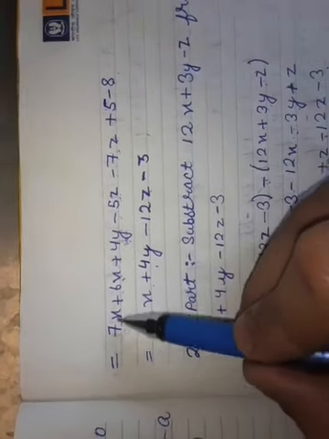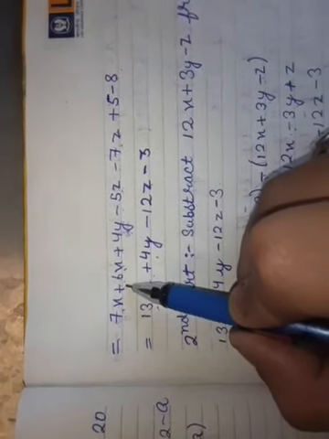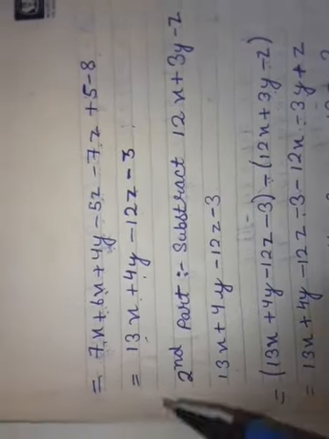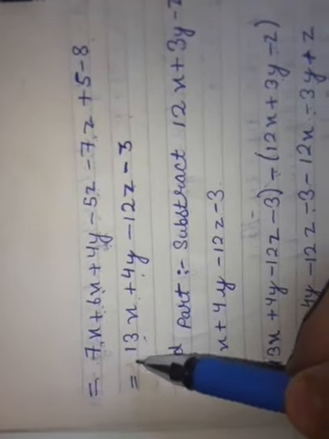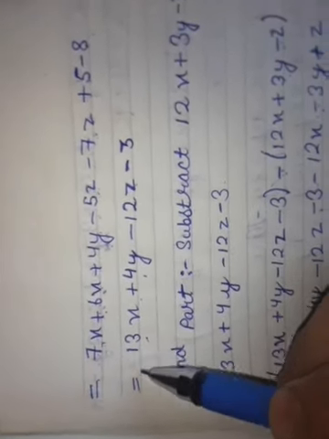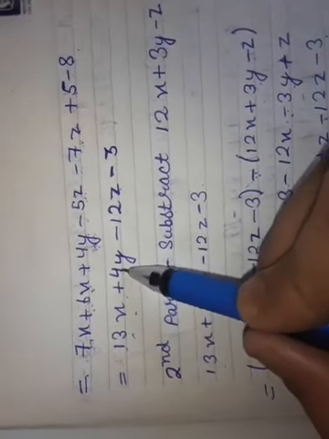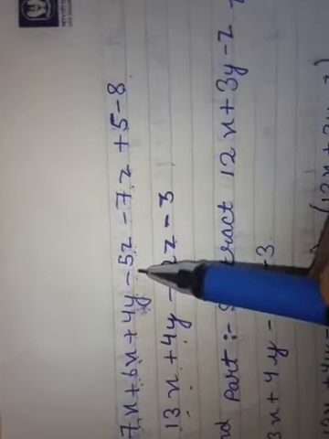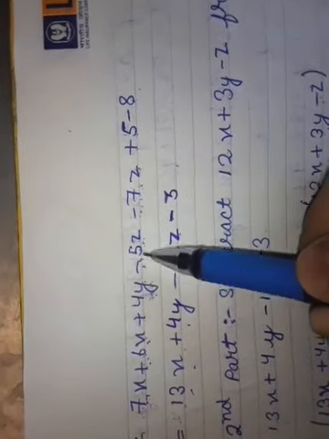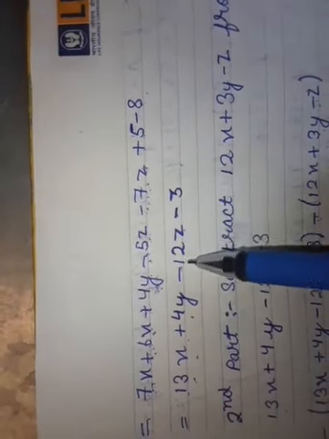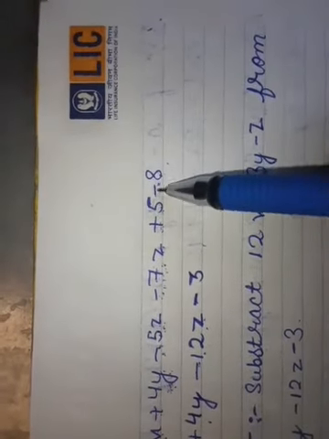As I told you, if two numbers or two like terms have the same sign and there is no multiplication or division sign in between, just put the sign and add them. I have put the plus sign. If you want, you can put it; if you don't want, you don't need to. No marks will be cut. I have not put it, but here it is a plus sign. Plus 7 plus 6, that is 13, and x comes down. Plus 4y, it is alone, it comes down. Here, as I told you, before 5z it is a minus sign, before 7 it is a minus sign. So the same signs are there. Just put the sign and add them. 5 plus 7 gives 12z. And as I told you there also, here you can see there are different, opposite signs.